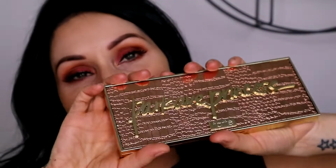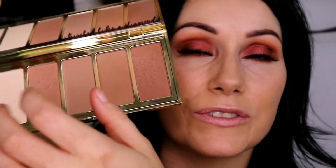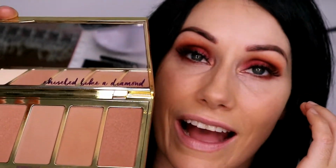That is it. Okay, next one I'm going to use, I'm going to just show you how I am currently contouring my face. So let me just pop you back out. Right, this is a Park Avenue Princess by Tarte Cosmetics. I really, really like these because these are all really multi-use. You can use them for contouring, you can use them for your eyes,